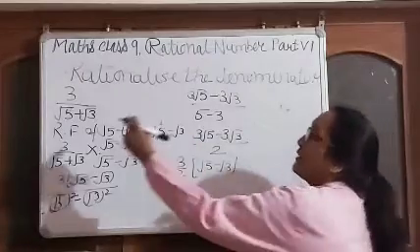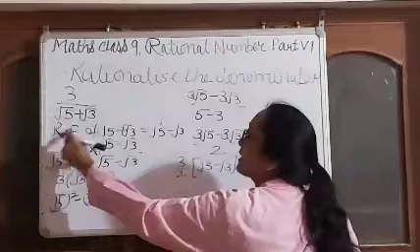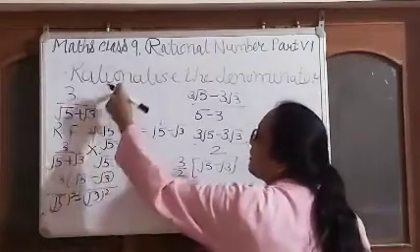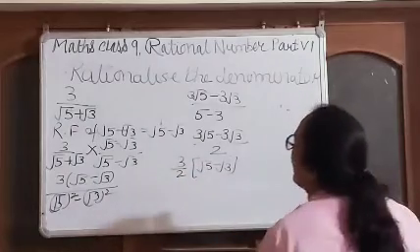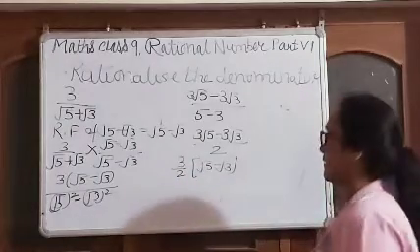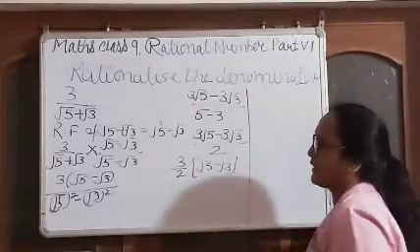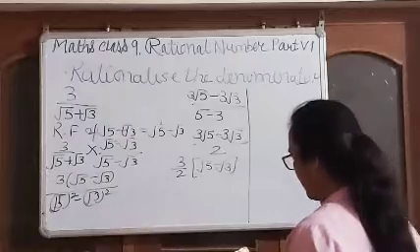So what we have to do, students? We have to first find out the rationalizing factor of the denominator, and with that rationalizing factor we have to multiply and divide, and then we have to solve it. In this way we will solve these questions. Get it, students? Now some typical questions I will take.